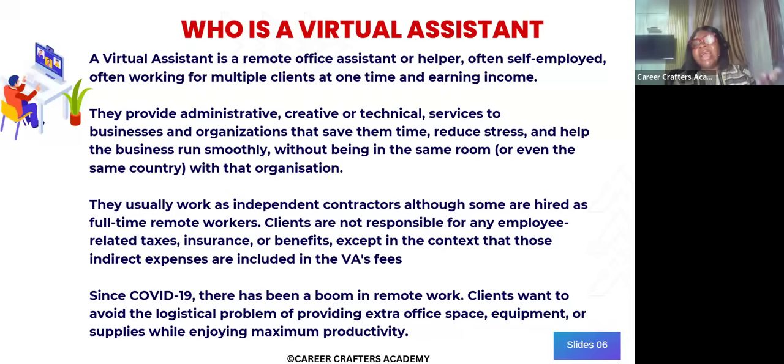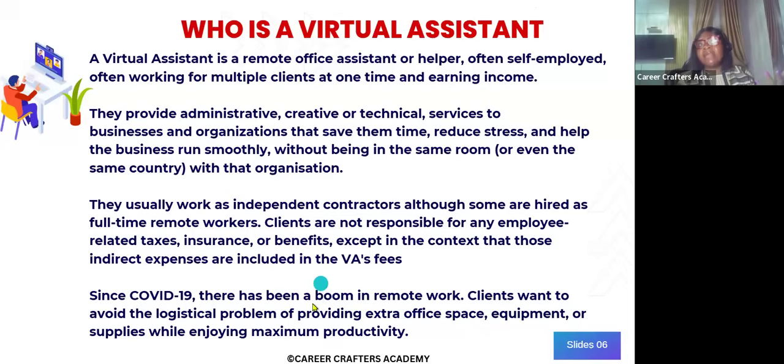When we had the whole COVID-19 thing where the whole world was locked down, after a while, companies needed to work. They needed to keep their company running, and they had their staff working from home. We had news outlets with people in their homes broadcasting the news, right, using their cameras or whatever. Except for essential staff, a lot of businesses moved remote, and that was when we saw a boom in the remote industry.